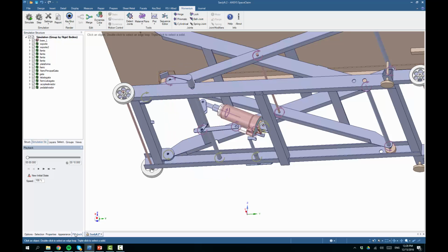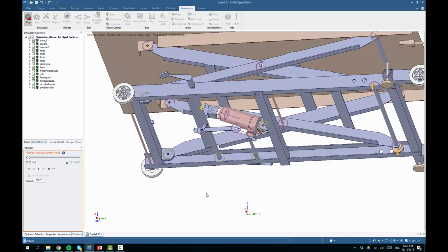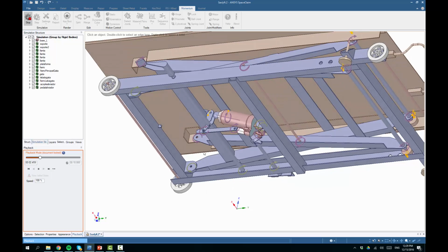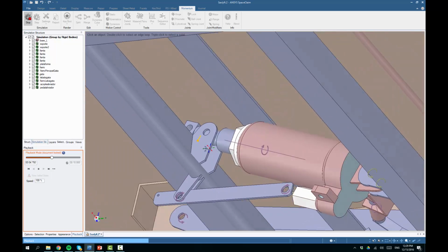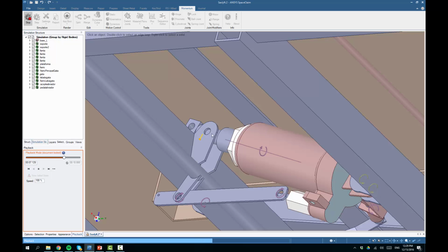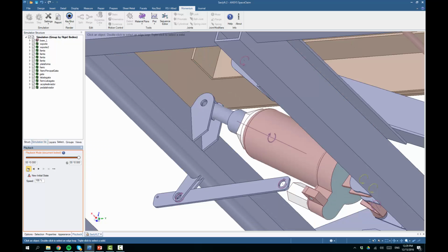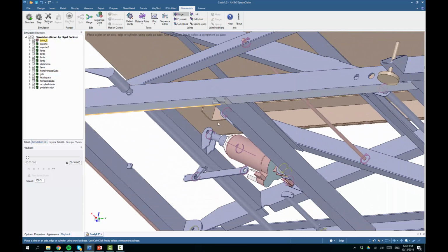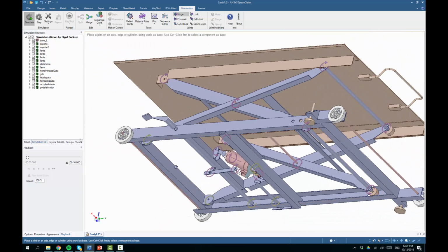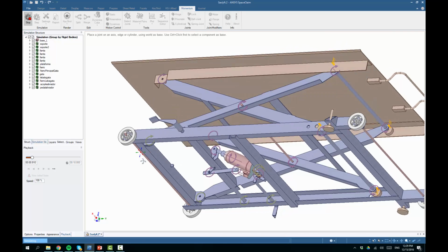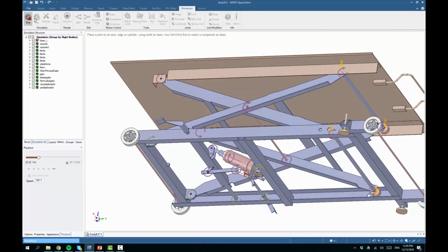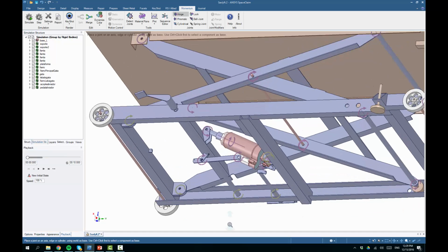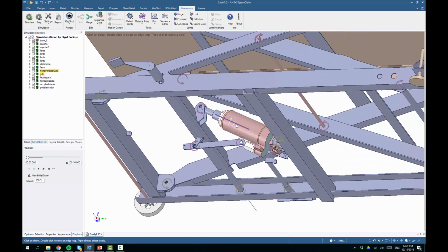Let's look at the simulation again. We see that there are some things missing here. We need to create another constraint here between these two bodies. Like that and like that. Good. Press simulate again. And now we see that the table is locked. It doesn't drop down. And it is because this joint right here,